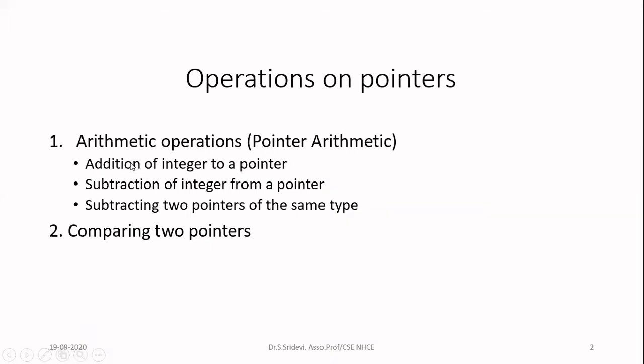Even though you can perform addition to a pointer variable, you can't add floating point or double data to a pointer variable. You have to always add only integer to a pointer variable. For example, if A is a floating point variable, you can write A is equal to A plus 1.5. But in case of pointer variable, you can't add floating point data. You should add only integer data to a pointer variable. And you can also subtract integer from a pointer. Then you can subtract 2 pointers of the same type. So these are the operations allowed. We will see with the help of the slides, you will understand easily.